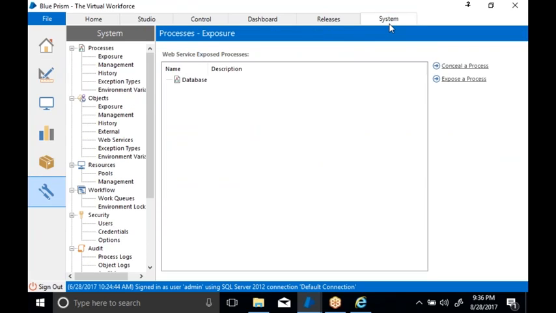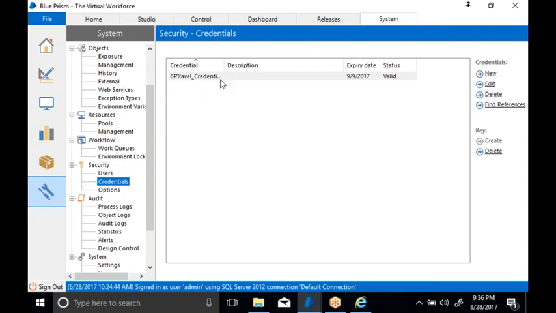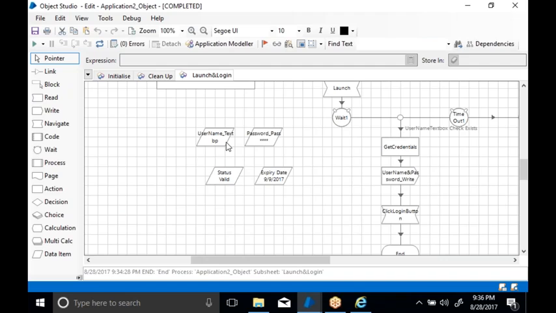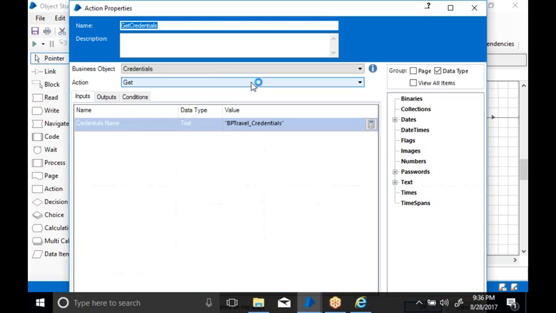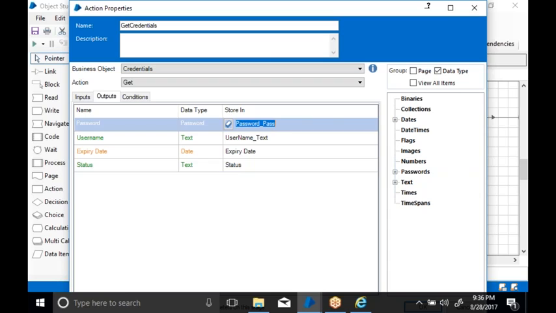Using an internal business object, Credentials, I get the output as a username and a password, and I store whatever comes from the credential manager in data items.